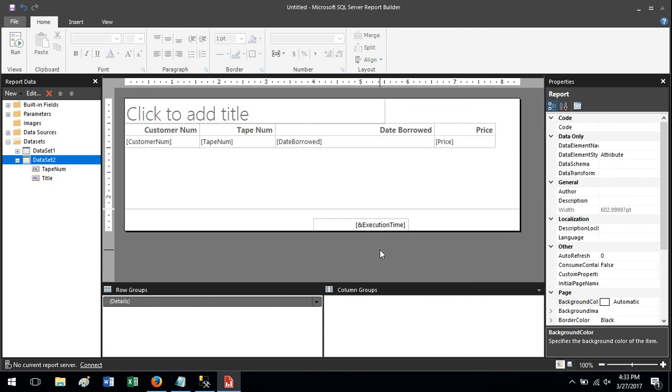Now, step two, like I said, this is sort of a two-part process. So step two of that is, again, over here in the report data area, we want to expand the parameters. So we added one parameter to this report. We called it whatever we called it. I called mine user input. So over here, we want to right-click on that, whatever we happen to call it. So I'm going to right-click on user input, go to properties,